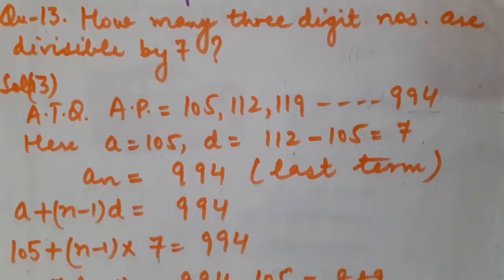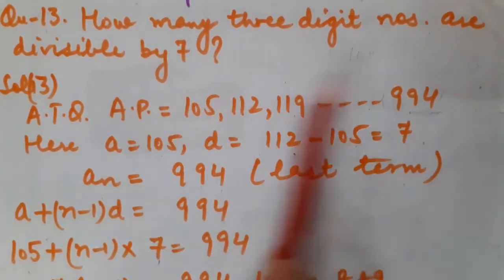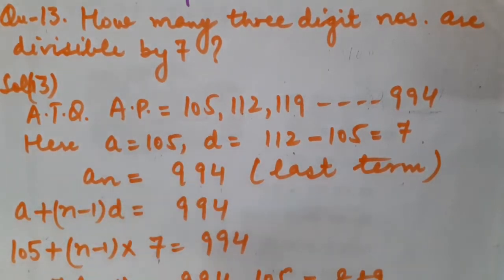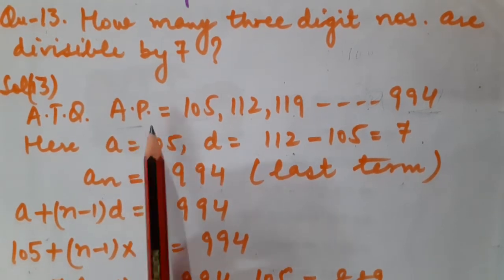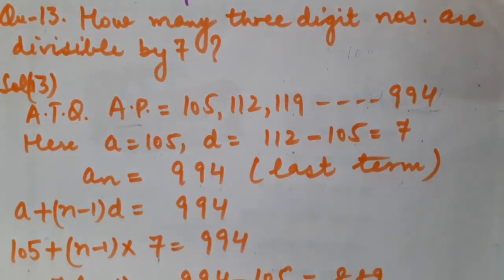Now again I am going to take one more question based on the same concept, that is the nth term of an AP. How many 3-digit numbers are divisible by 7? Children, in this type you will have a situation given, based on mathematical problems, and after that you will have to form the AP yourself and tell how many 3-digit numbers will exist. Means you have to tell n. Correct? Means you have to tell the number of terms.